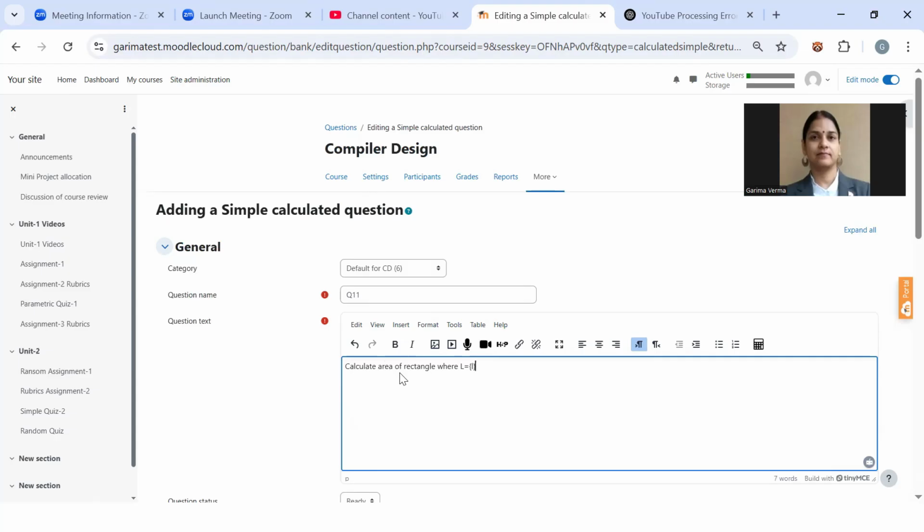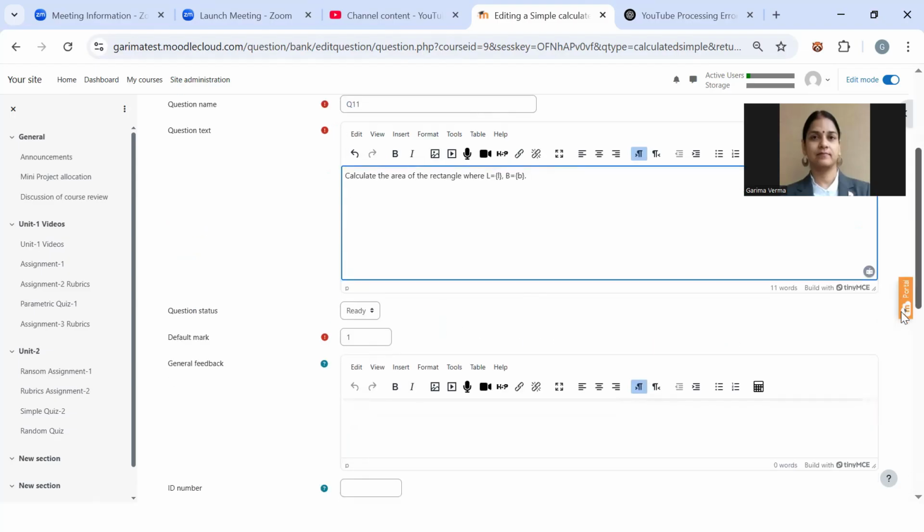To do that, you specify the parameter in curly brackets. And breadth is equal to, I am converting this also into a parameter, so I have given it also in curly braces. The parameters I specified in curly braces are small l for length and small b for breadth.